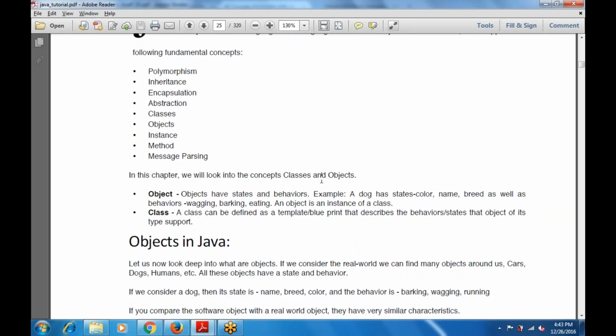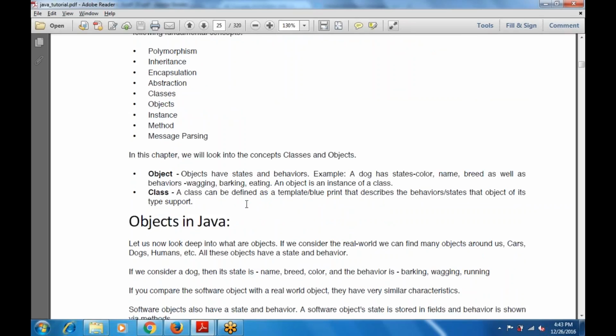In this chapter, we look into the concept of classes and objects. An object has states and behavior. For example, a dog has